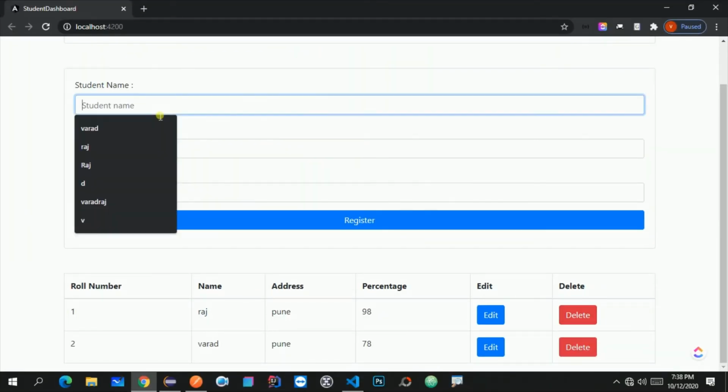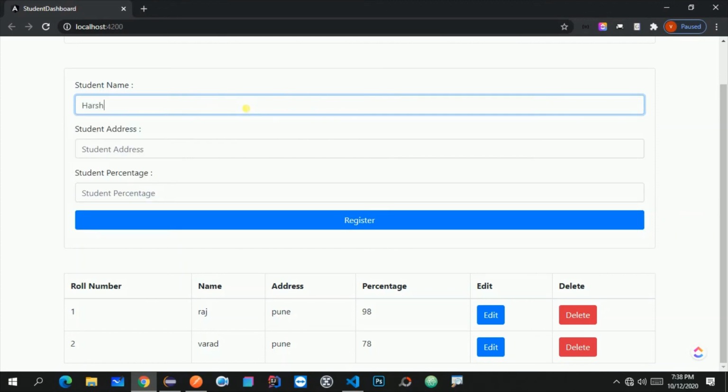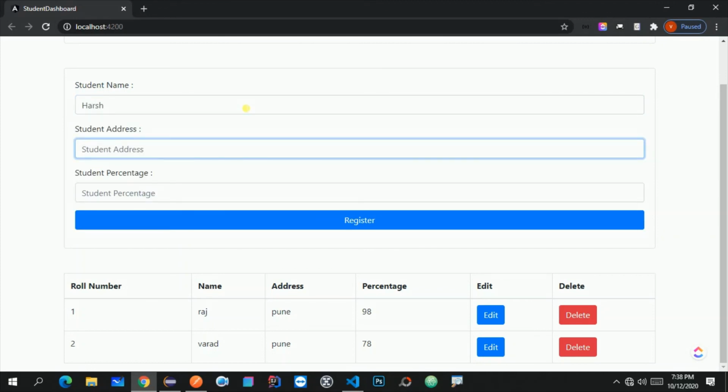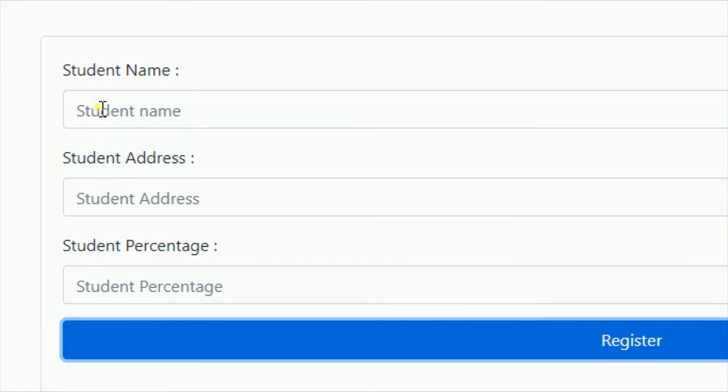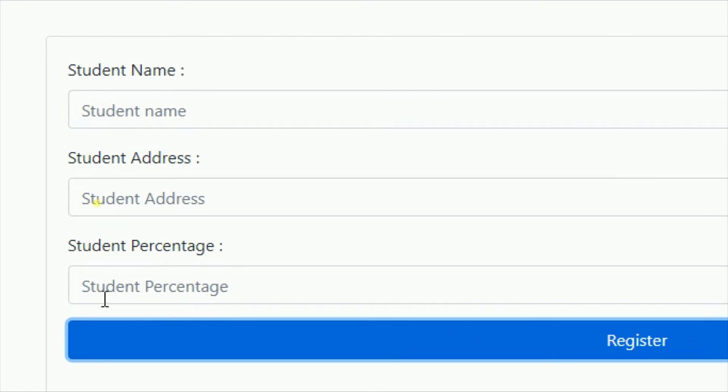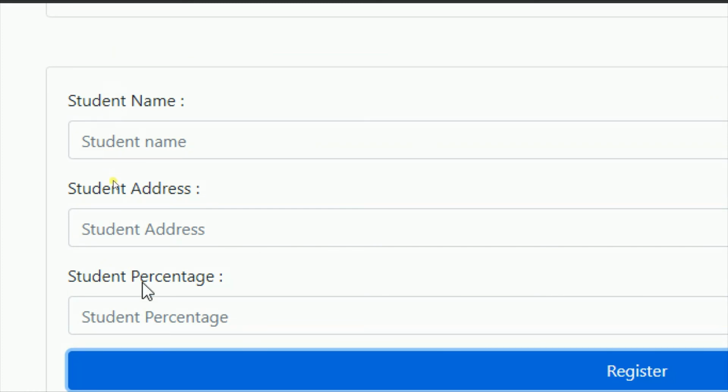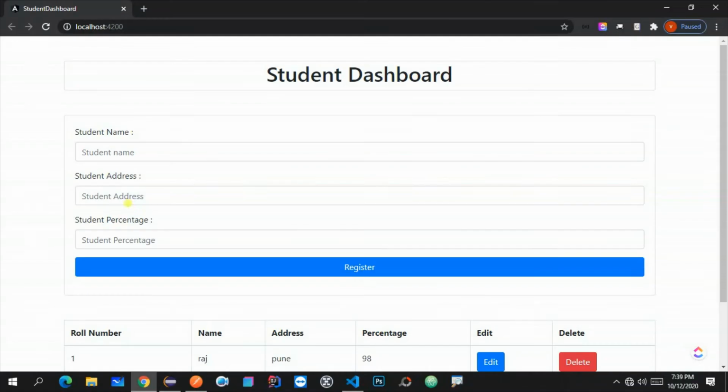Now let me add those values. So let me add one more value like Harsh, then address will be let's say Kanpur, and percentage will be 89, and let me register. Now over here as you can see, the form got vanished. That means all the fields from this particular form got cleared. So that means the student registered successfully.